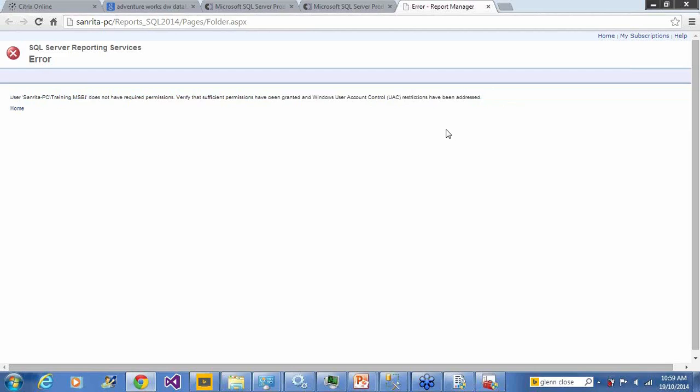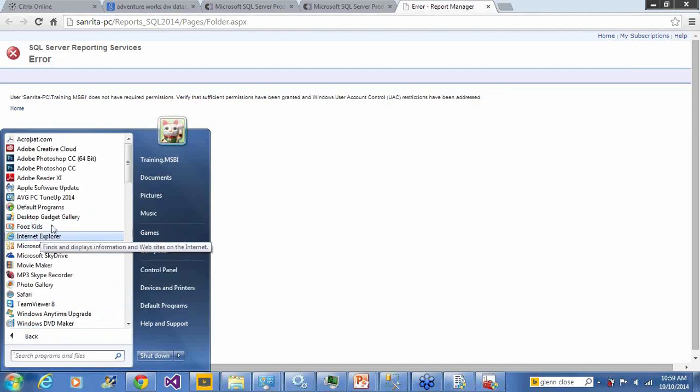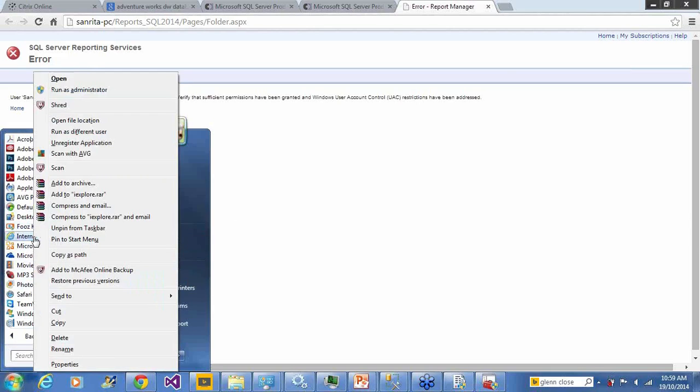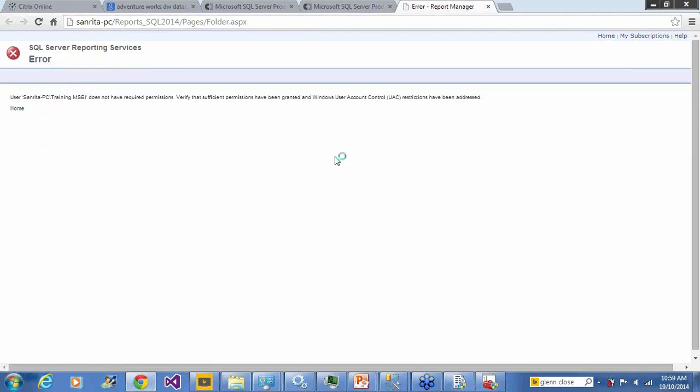So it is not allowing me to go there. For that, if you encounter the same problem in your machine, what you do is go to Analysis Service, go to Internet Explorer, hold your Shift button, right click and run as administrator, right? So what I am doing is impersonating to Internet Explorer that I am the administrator of the system,